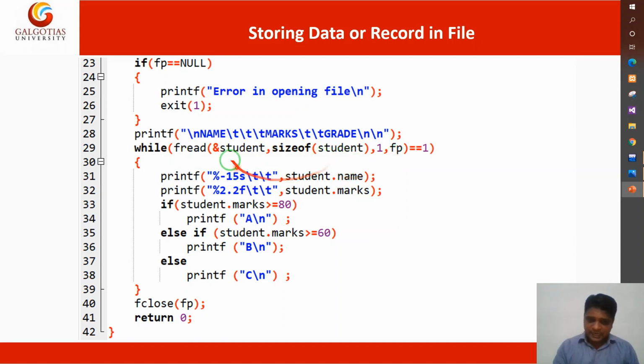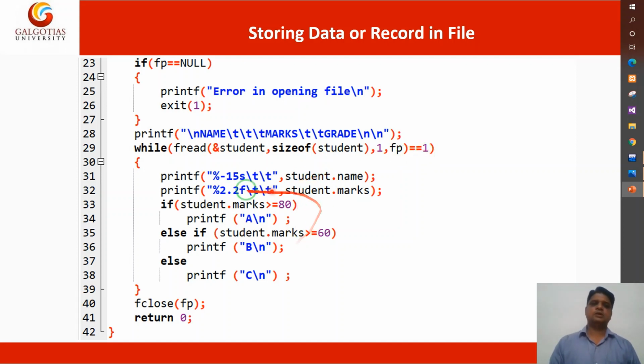And &student will collect all these 207 bytes as per the variable sizes: 201 bytes for the character, 2 bytes for the integer, and 4 bytes for the floating point number. Now comes the comparison with 1. What is the meaning of 1? If you get a record from the file, it returns 1, otherwise it returns 0. 1 equal to 1 is a true value.